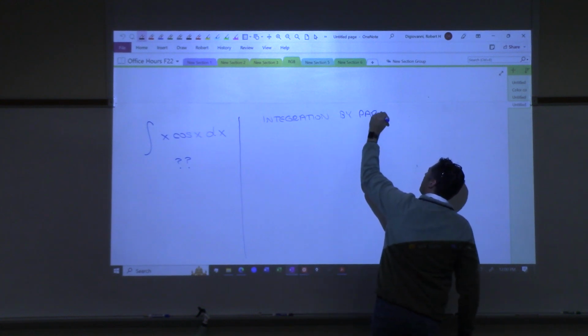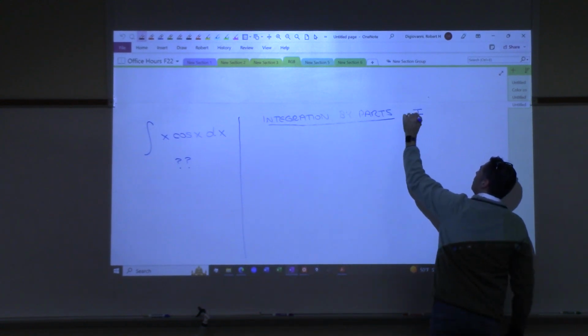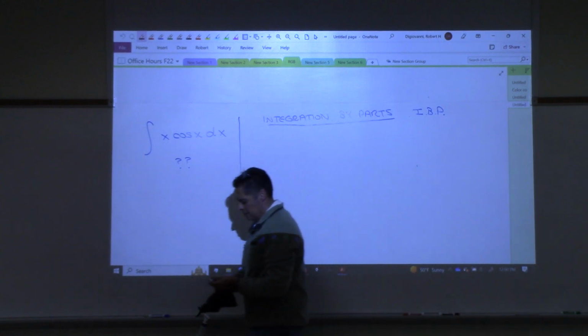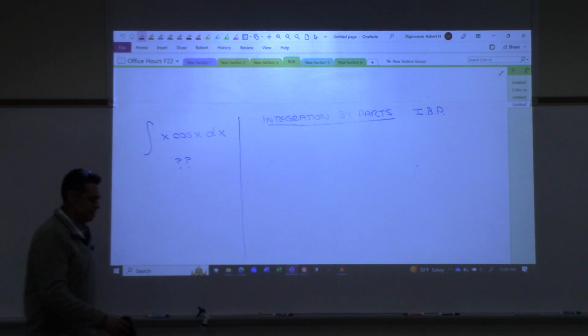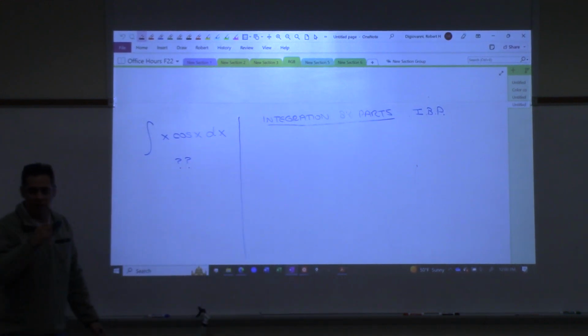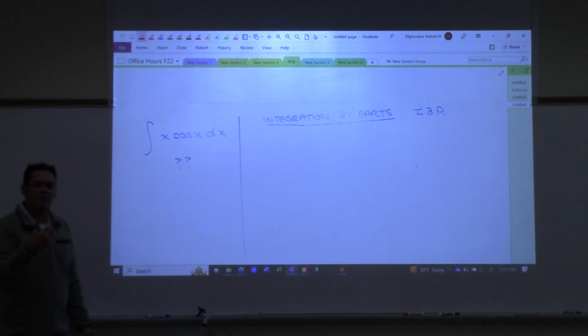I can still remember vividly my professor, Dr. Richardson, explaining to me integration by parts. And the things he emphasized, I'm going to try and emphasize for you as well. But first, before I do that, I want to show you where it's just going to be a formula, okay? It's just going to be a formula that we use, and I want you to see where it comes from,